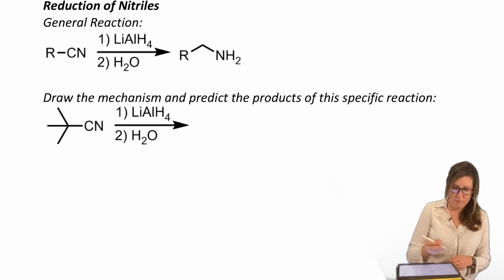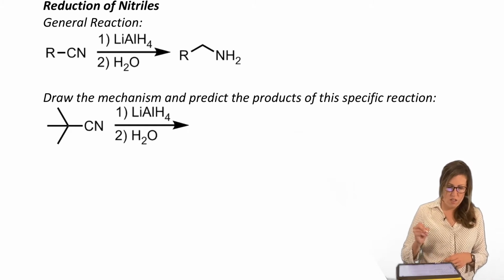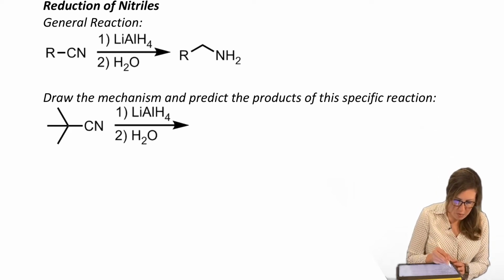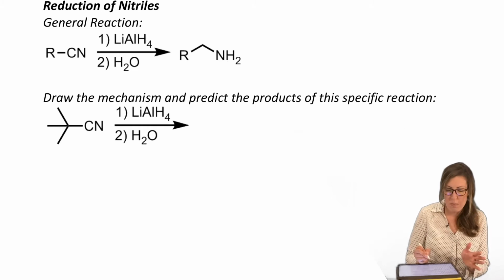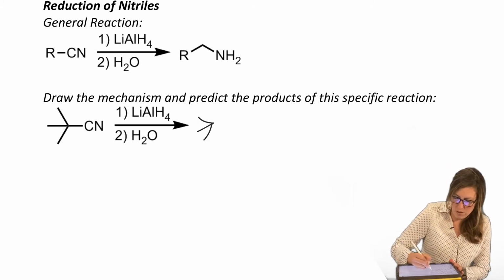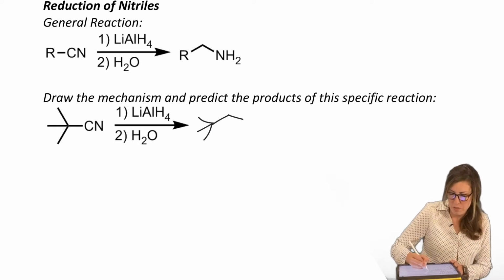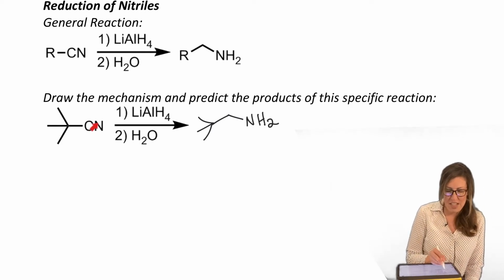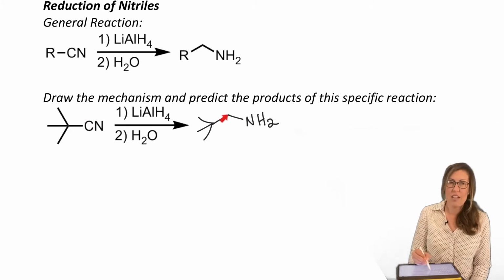So that's useful, right? How about the mechanism? Let's go ahead and draw that out. We've drawn out the LAH mechanism before with aluminum and everything all the way. So what we're going to do is just show a way to keep it simple to predict it. But remember, don't drop a carbon here. That's really easy to do with nitriles. They have a carbon kind of hidden in that linear bond. And so now that's the nitrile carbon.